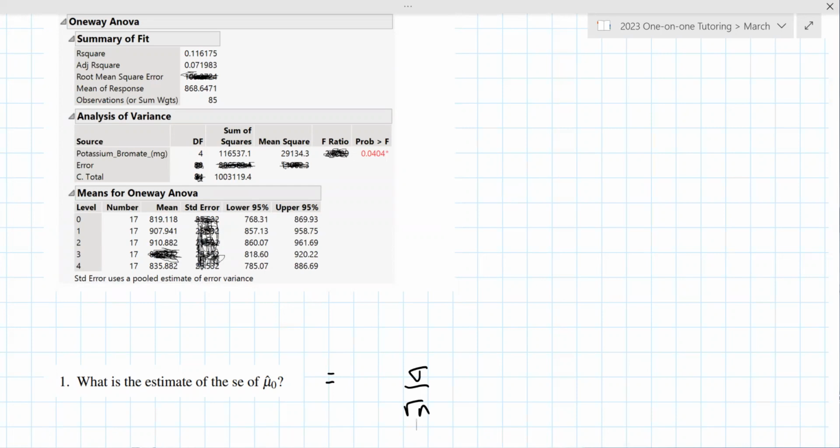So I have root mean square error, which is the square root of the mean square error, and the mean square error is the SSE over degrees of freedom. The SSE is the sum of squares, this missing one here. And then over the degrees of freedom, that's how you get the mean square error, MSE. And then you would put that over root